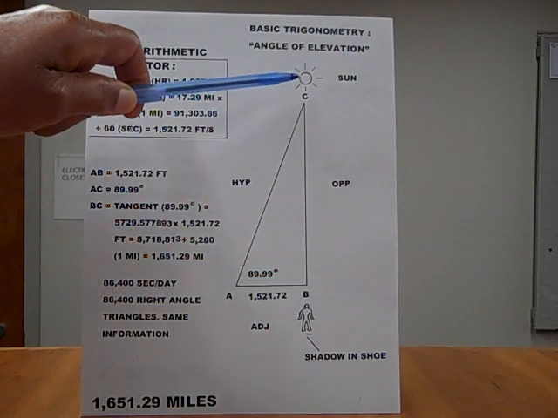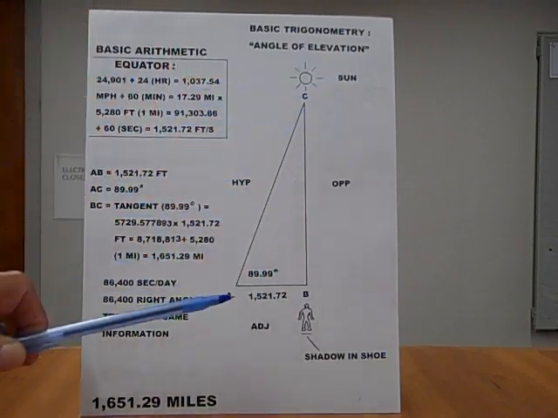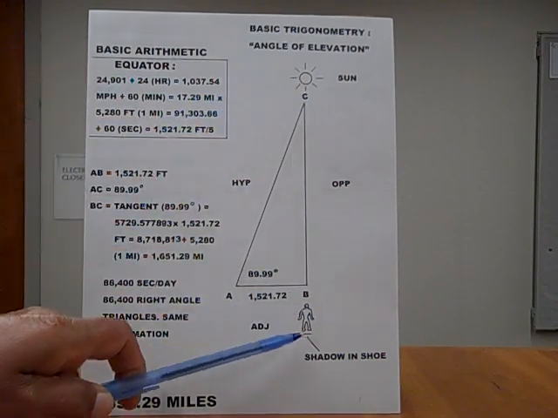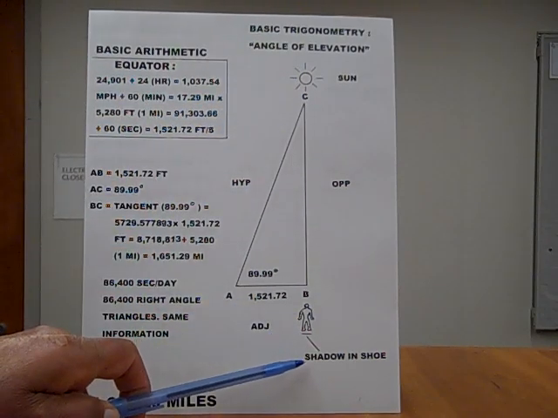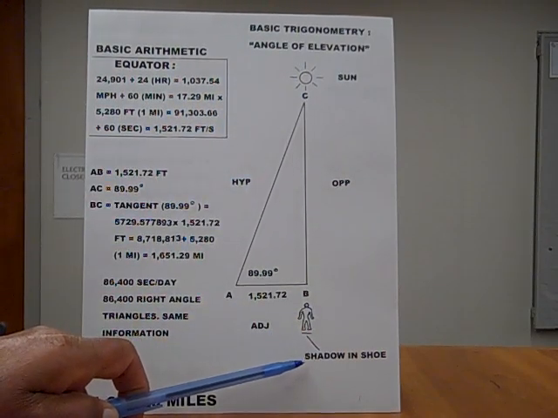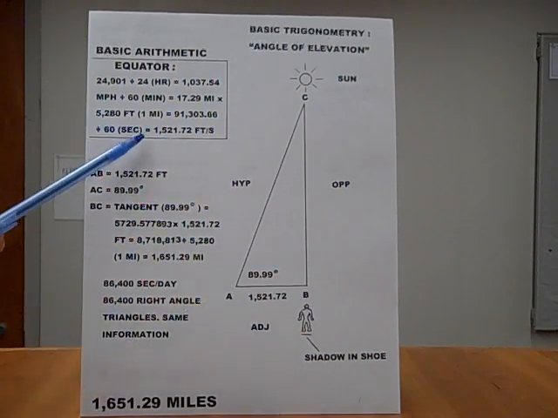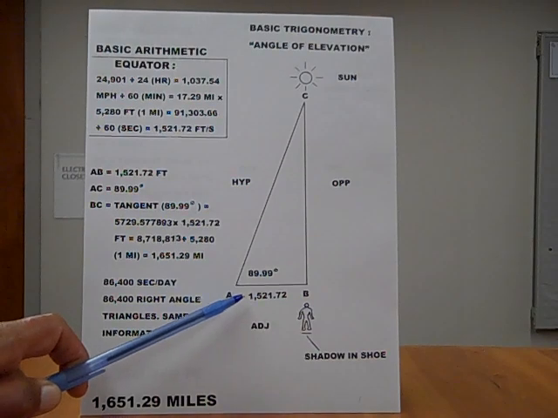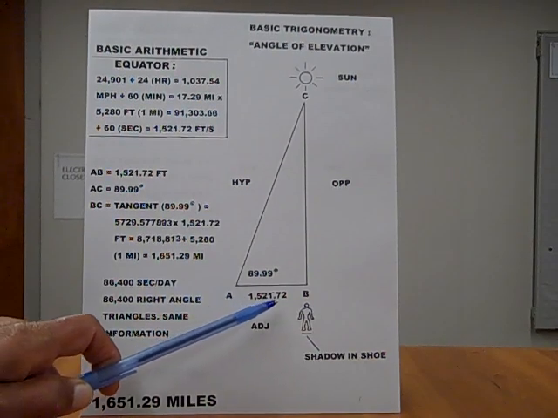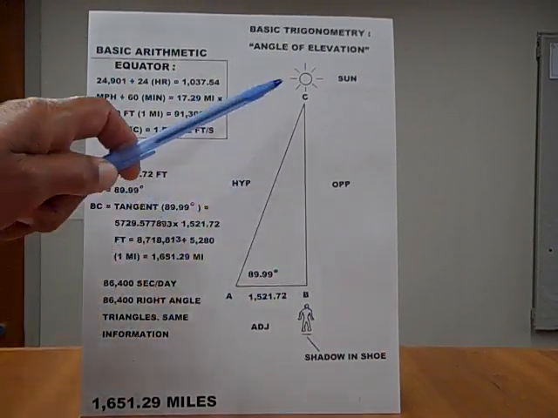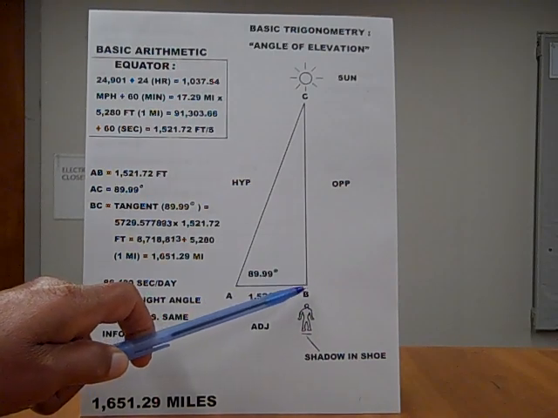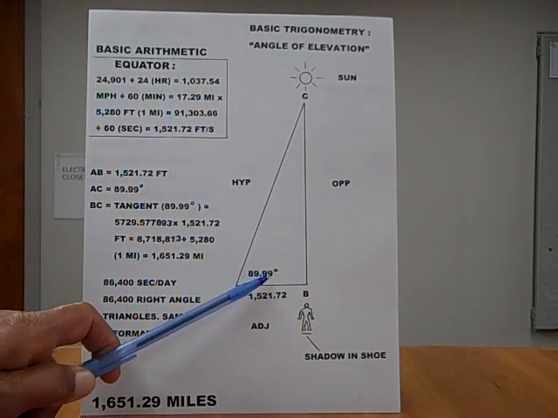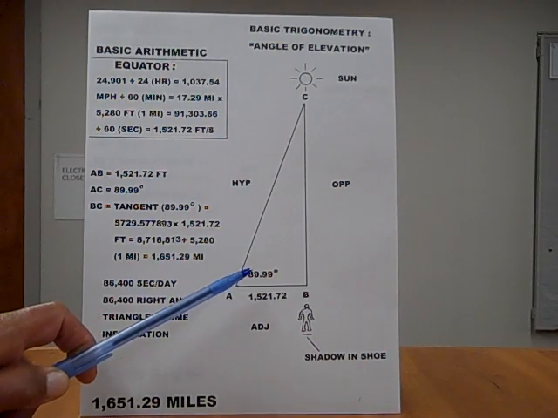And the sun is at C. And you are here, and since the sun is directly above your head, your shadow is cast into your shoe. And the 1,521.72 feet per second is put here, 1,521.72 feet. And since this is a 90-degree angle, we use 89.99 degrees to put the sun at its highest above your head,